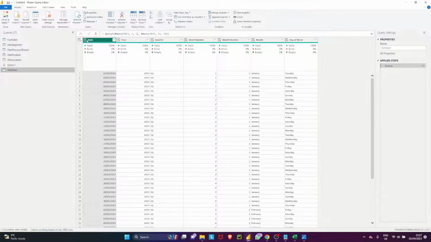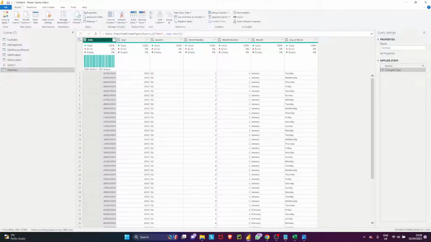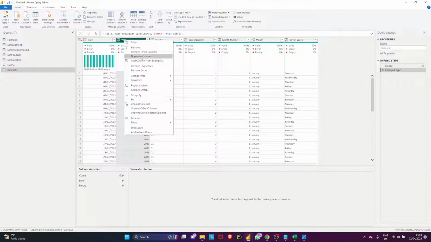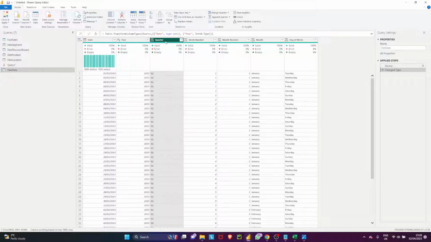So I'm going to change them to their respective data types. Date is currently on any, so I'm going to right click on that and change the data type back to date, right? The year should be whole number, right? So I'm going to change the data type for year to whole number. And then I'm going to change the quarter,